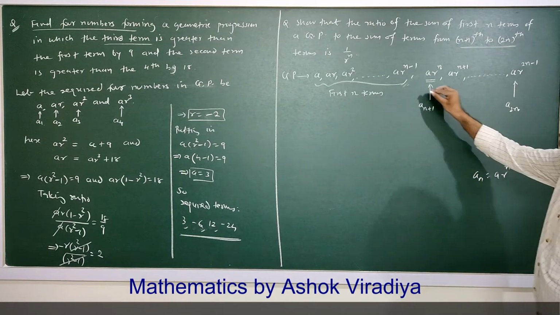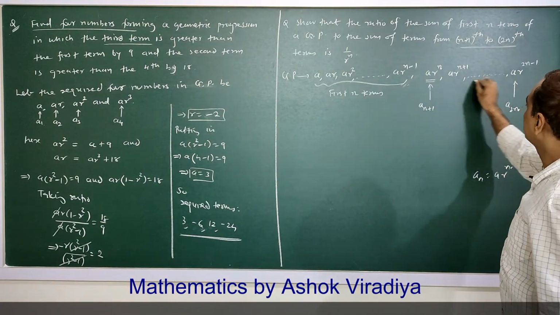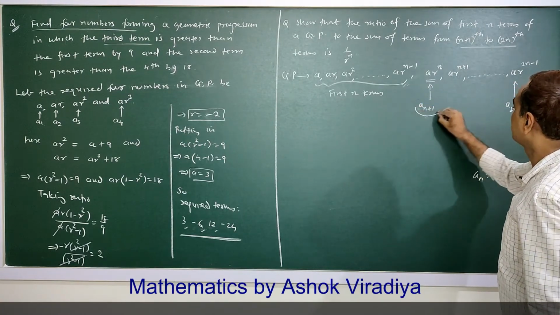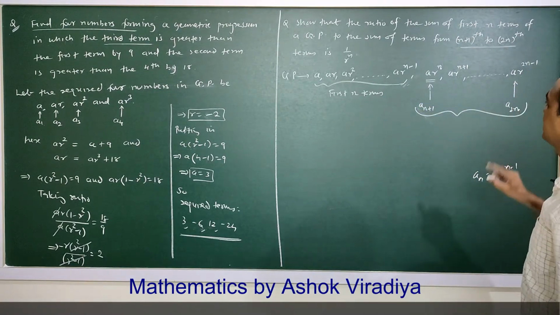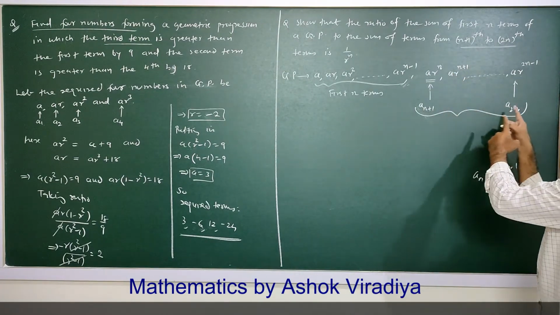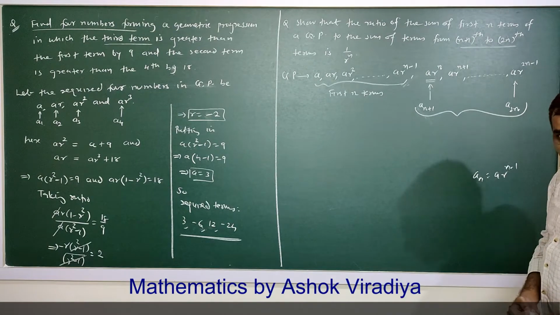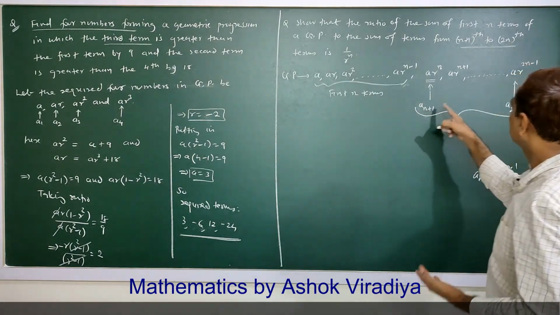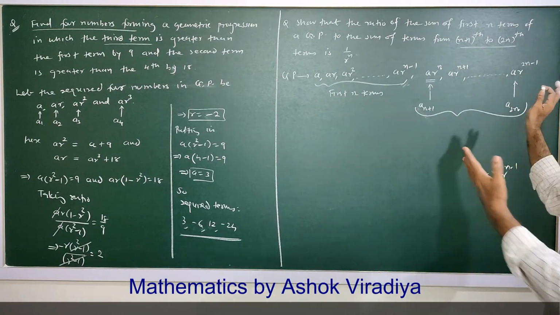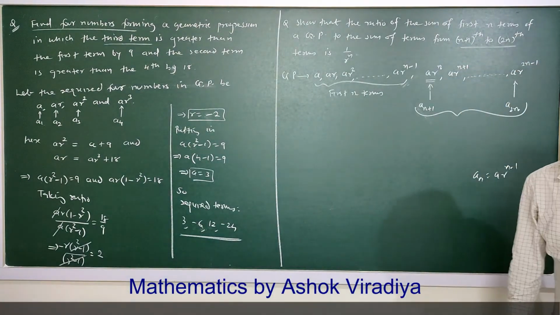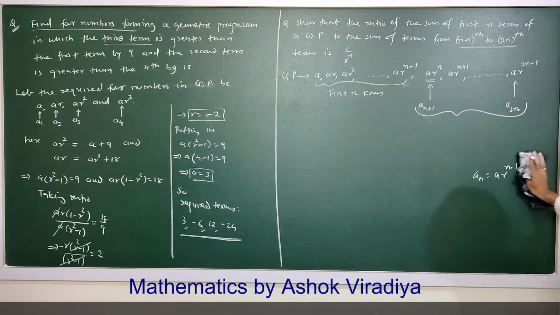So from this number to this number, from this number to this number, it is terms from n plus 1th term to 2nth term. So n plus 1th terms to 2nth term you can see here clearly. Now what is given? Say here,